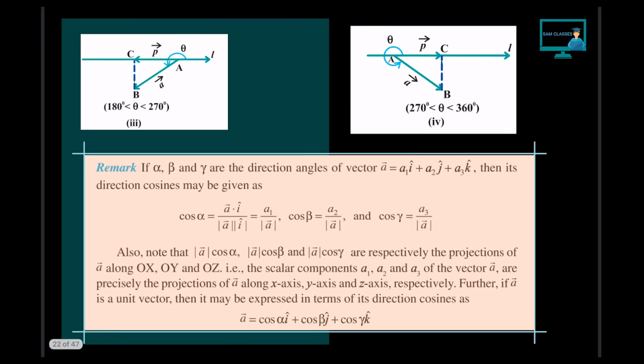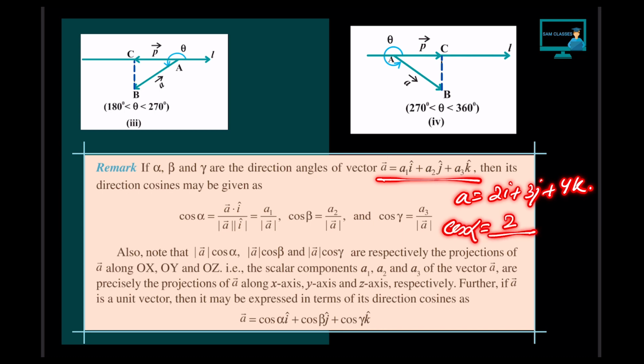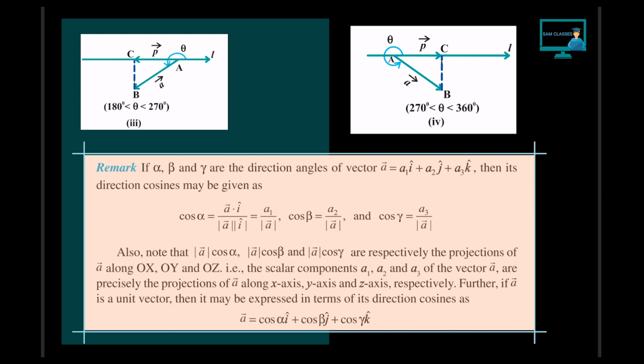So done. Now same thing, let's say we have taken an example. A vector is equal to 2i plus 3j plus 4k. Correct. So what is cos alpha? Cos alpha is equal to nothing but the l value, 2 by root under of 2 square plus 3 square plus 4 square. Correct. And that is equal to 2 by root under of 4 plus 16, 20, 20 plus 9, 29. Correct. So this is the cos alpha value. That's it. So I can write a vector, any vector, that I have already shown in the DC and DR. A vector is equal to what? Cos alpha of i cap plus cos beta of j cap plus cos gamma of k cap.